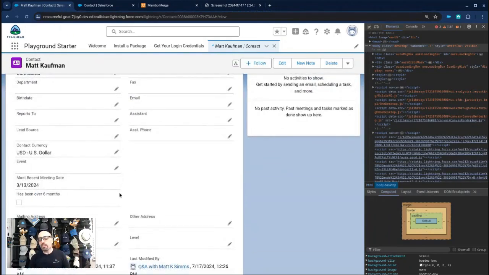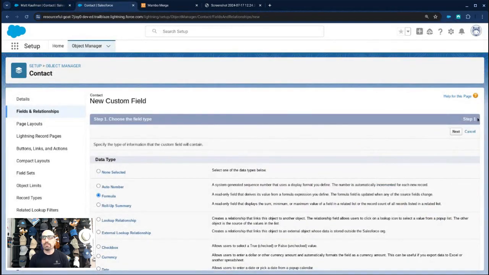So that's a great solution, but it does not scale if this customer is going to need to see 4 months, 8 months, etc. So my coworker and I were talking. I said, okay, wait, I got it. I know exactly what to do. We created another formula field. And this formula field